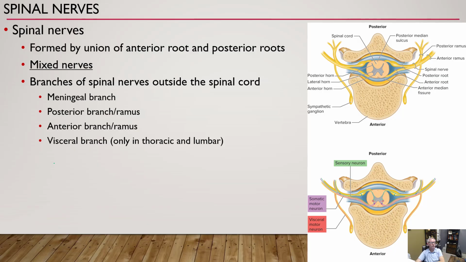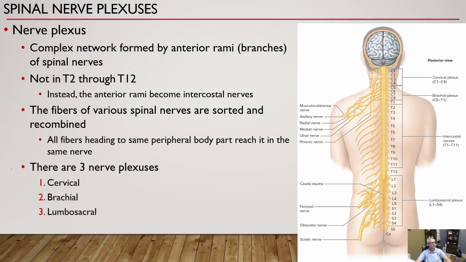All right, spinal nerves. Remember that the spinal nerves are mixed nerves. We also have these things called nerve plexuses. We have 3 of them: a cervical, brachial, and a lumbar sacral. We find these nerve plexuses